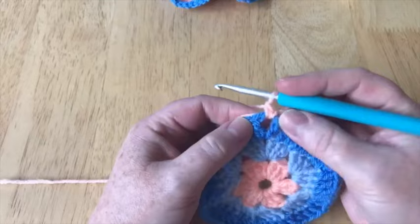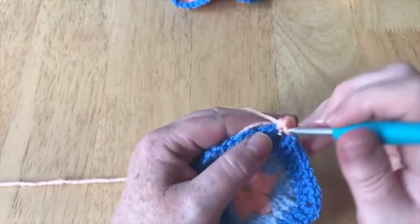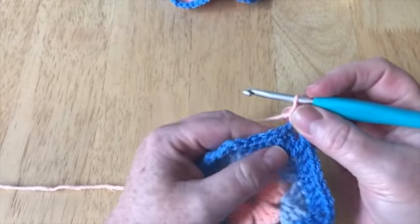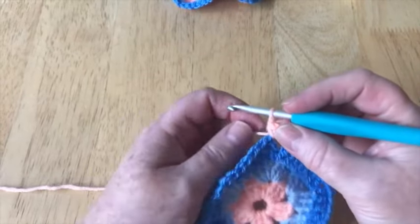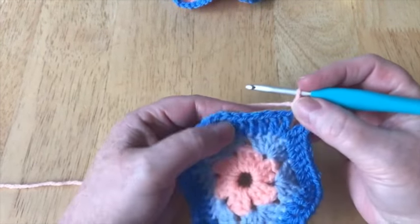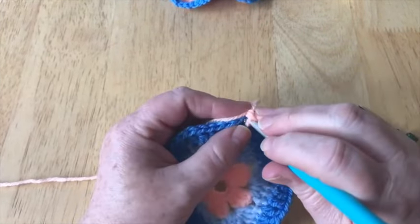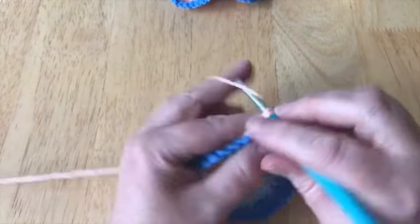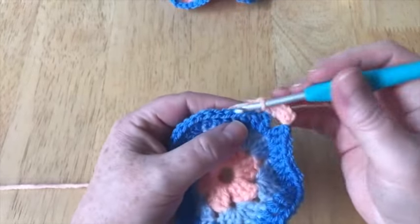So in each corner I'm doing 3 UK doubles, that's US single crochet. So that's now 3 in there, and I'm going to do 1 double crochet or single crochet US in the next 4. So I want to get to here, so I'm going to do 1 here in that very first one, which does tend to hide a little bit, so you might want to pull it back. So that's 1, 2, 3